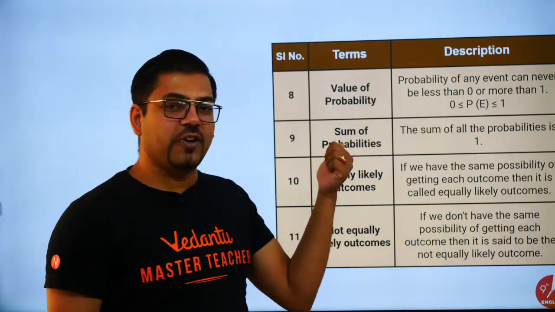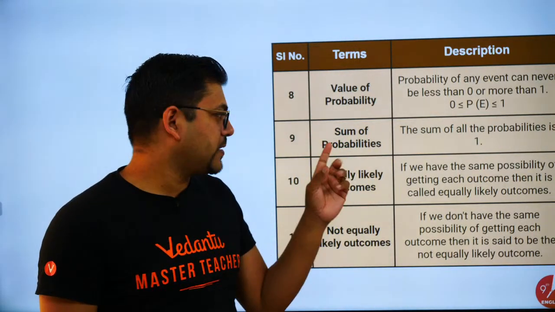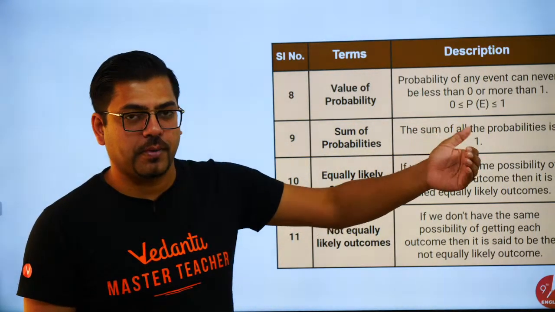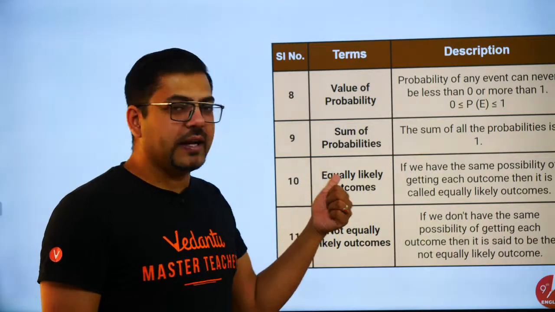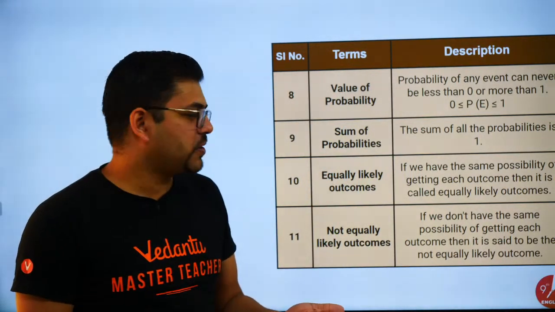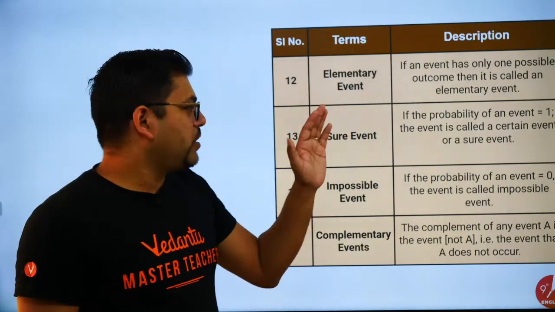Jokes apart. The sum of all the probabilities is 1. So always remember this: the sum of the probabilities of all events is 1. Equally likely outcomes, so these are all again theoretical things. You don't need to get into that much. Elementary event, sure event,